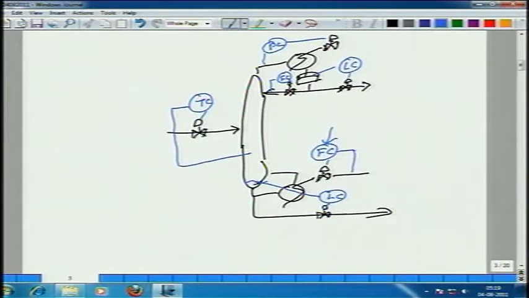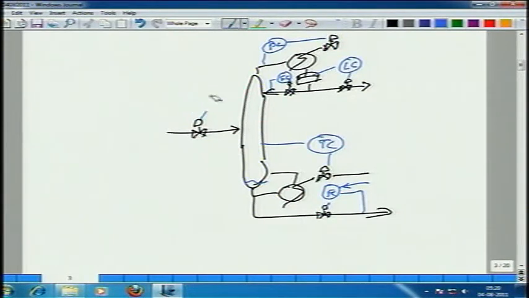Let us say this bottom stream is the product stream and there is a customer who says give me more, give me less immediately. What would I do in that case? What I would do in that case is, this is under flow control. The set point for this is coming from the product customer demand. Okay. This is under temperature control,